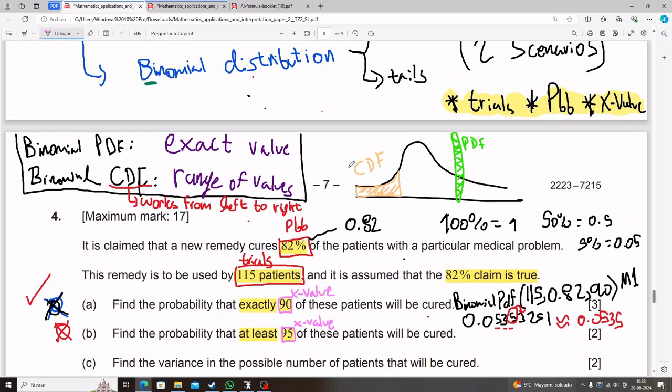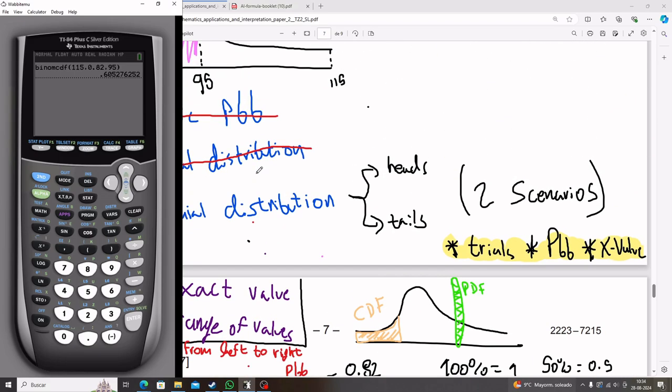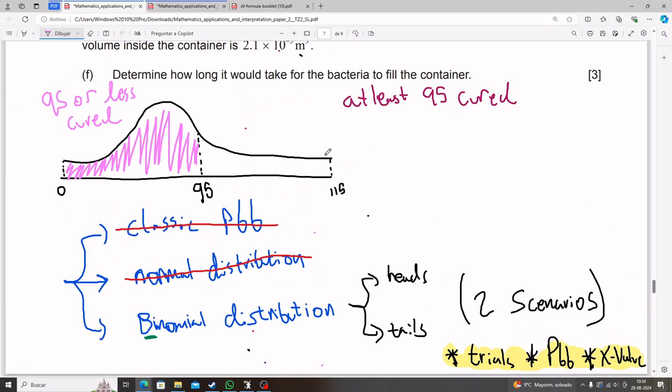And there's a small percent of you that is staring at this problem saying, nah, my calculator has this fancy thing where I can choose whether it goes to the left or to the right. And I'm going to say, all right, cool. Most of the world doesn't have that. So if you have that, very good for you. That's very convenient. You need to understand that binomial CDF usually works left to right. If you have the option to take it from the right, even better, you can skip this next step. But most of the people in the world will have to do this next step, which is